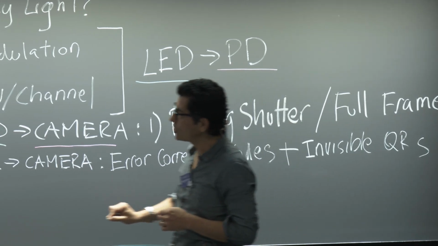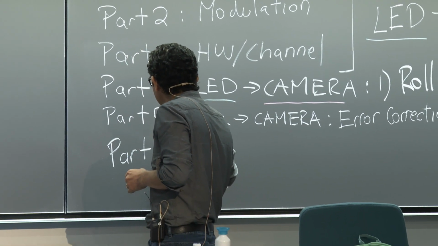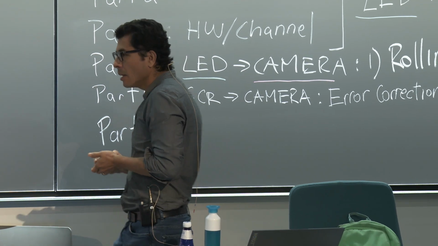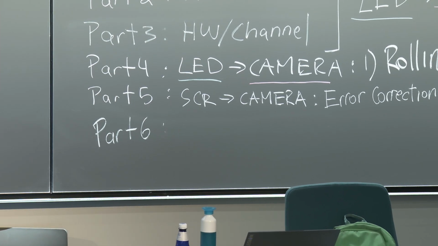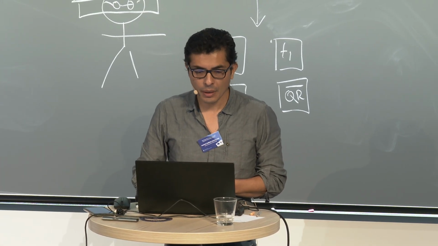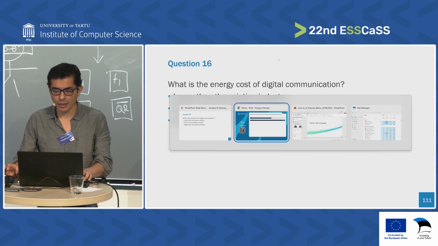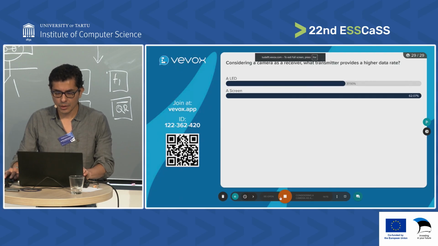And now we are going to jump into part 6, which is something where I'm doing quite a bit of my research, at least for the past years. It's called passive communication with light. And here I have, I think this is the last question that we are going to have with the poll. And the question is,